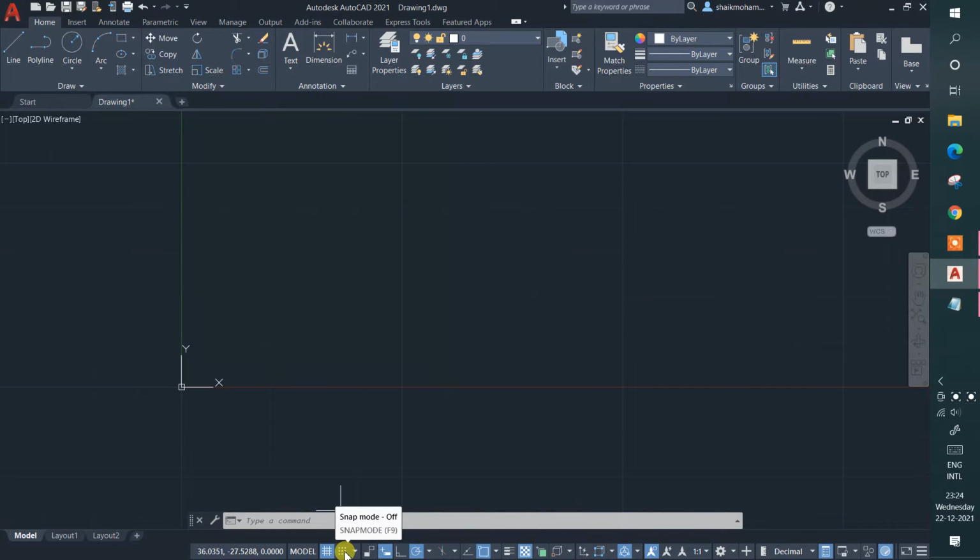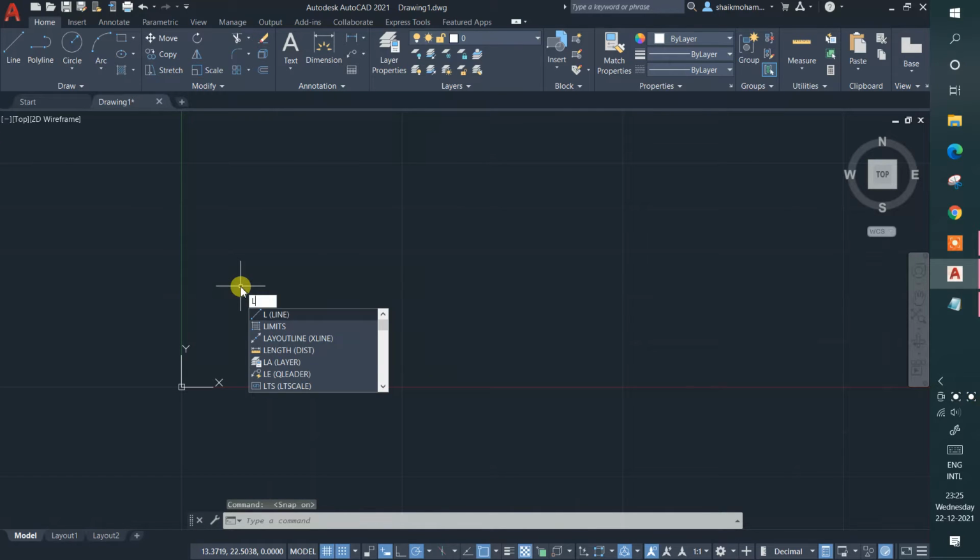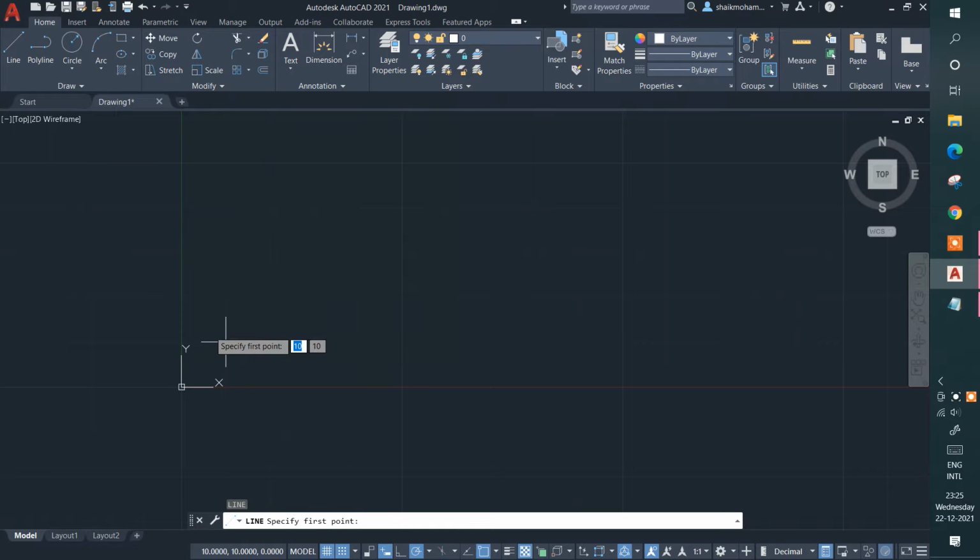Just click on snap mode of grid, click on this, and you haven't noticed anything. Let me enter L, enter, the line command. I'm just taking line, guys, and you can see my cursor is jumping from one edge of the grids to another edge.